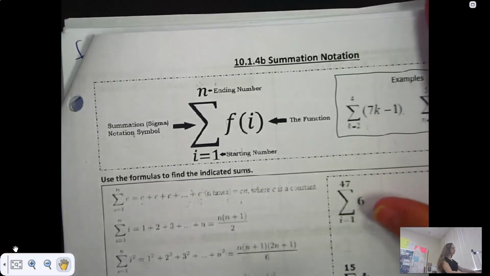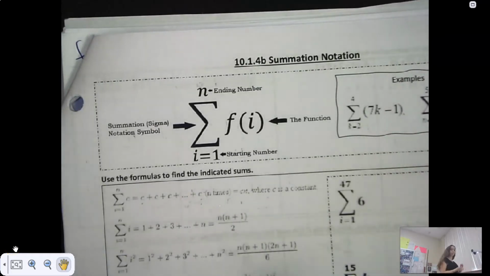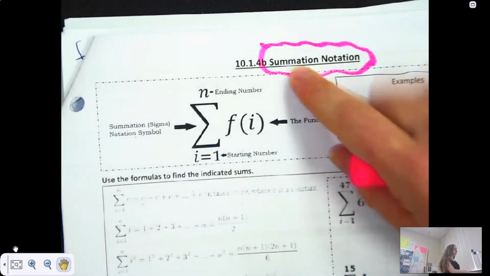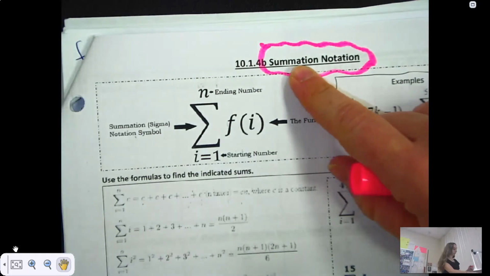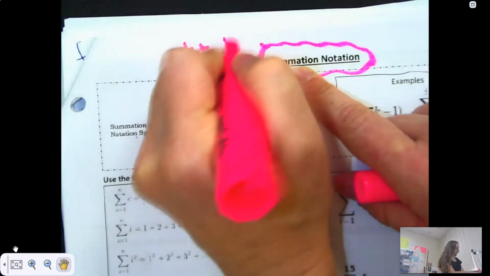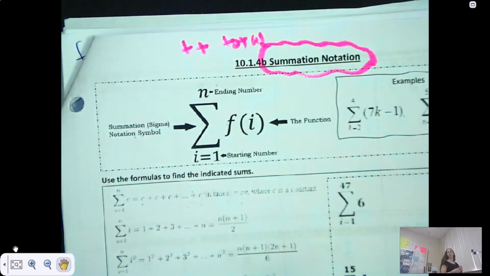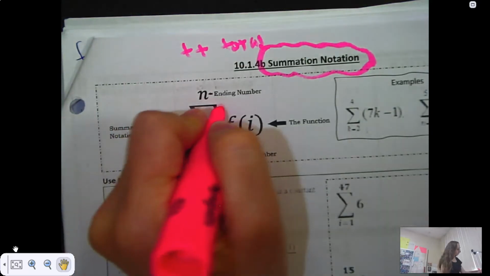So we're going to continue with doing the sum, but it's going to look a little bit different. This is called summation notation. Summation means you're finding the sum. You're going to be adding them all up and finding the total, or finding the sum. Notation is how something is written. So you'll know something is summation